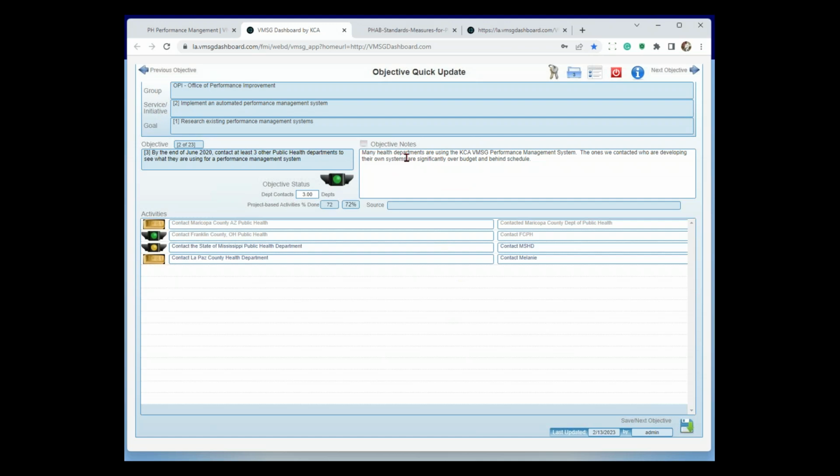But because I'm the objective lead, I also have access to the activities under that objective. You notice a couple of these are in blue. What that means is these activities have been assigned to me, which means I've already been through them. I just went through them. The gray ones, however, are activities that I have probably assigned to somebody else. However, I have the ability to go in and update those activities as well because I'm the objective lead in here. So again, I'm going to cycle through all my objectives. I'm going to log out and I'm done for the month.